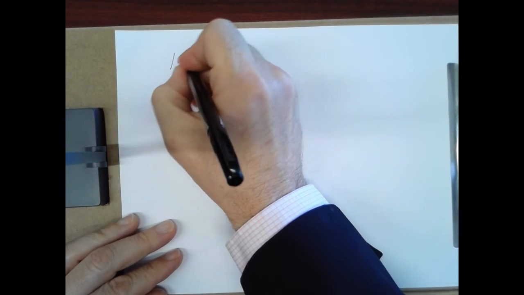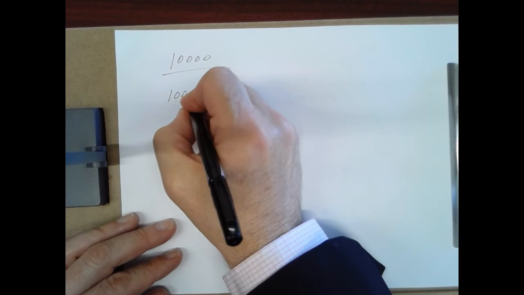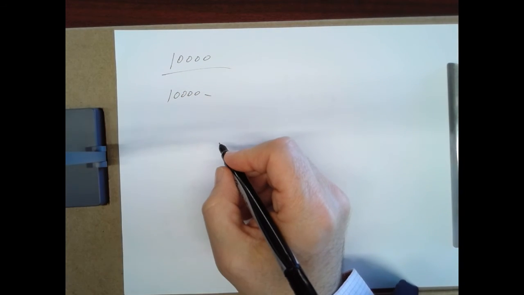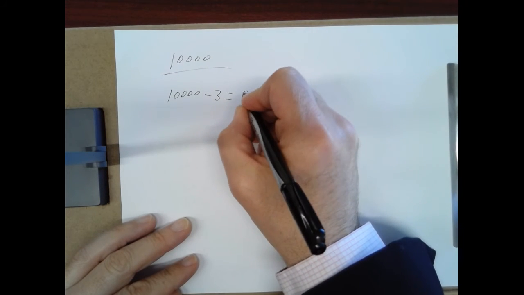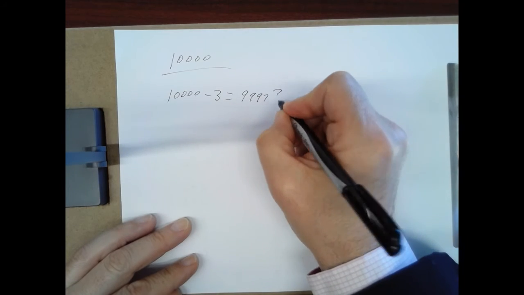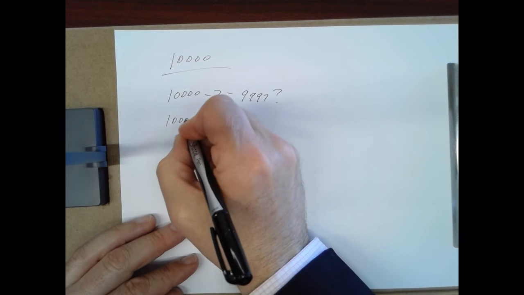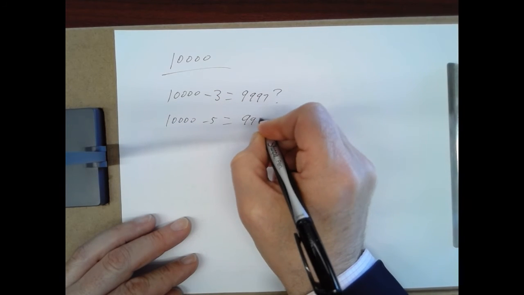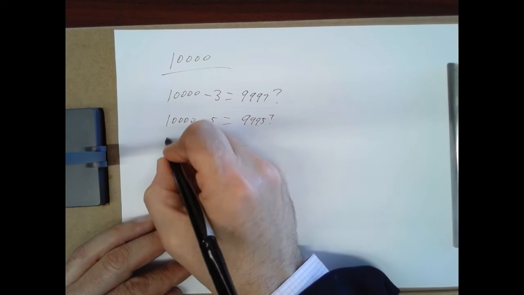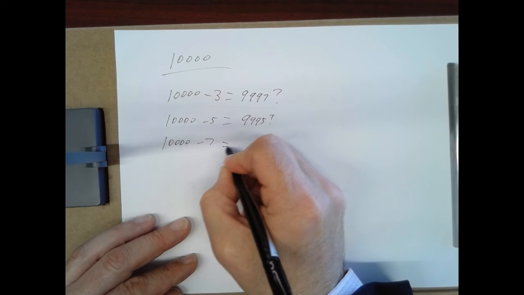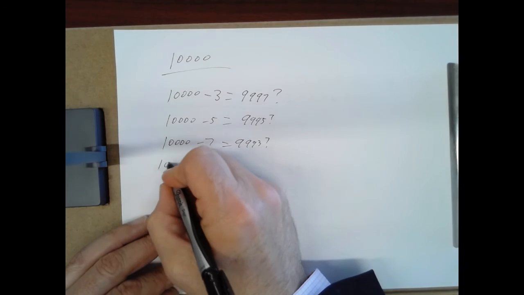So we want to know if this is the sum of two primes. So a single loop that goes through all the prime numbers up to 10,000. Subtract the first prime. See if the difference is prime. If it is, you're done. If not, subtract the second prime. See if the difference is prime. If it is, you're done. If not, subtract the third prime and see if the difference is prime. And keep going